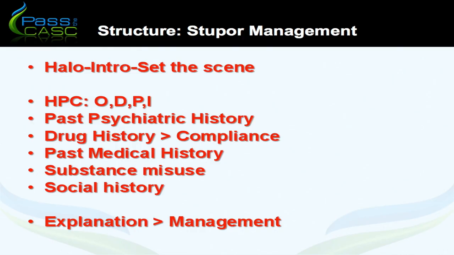We're then moving on to addressing obviously the concerns that the relative has about what's actually happening with her daughter. So we have to explain that the patient is in what we call a stupor, which is, as we've said, mutism, an absence of movement occurring in full consciousness. It can be caused by a variety of psychiatric illnesses.